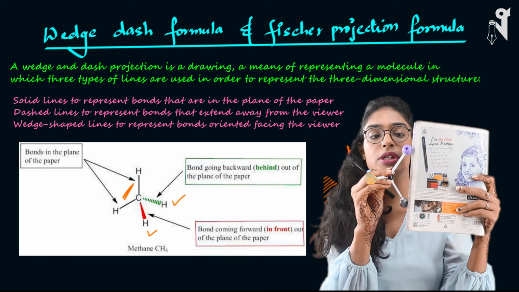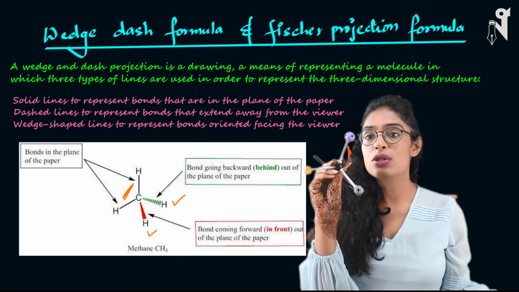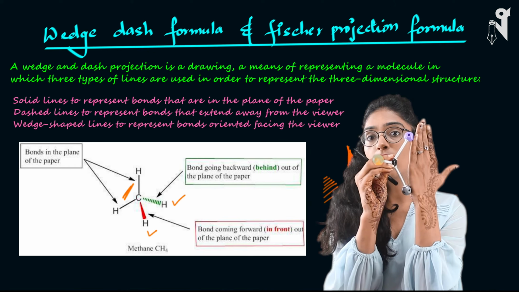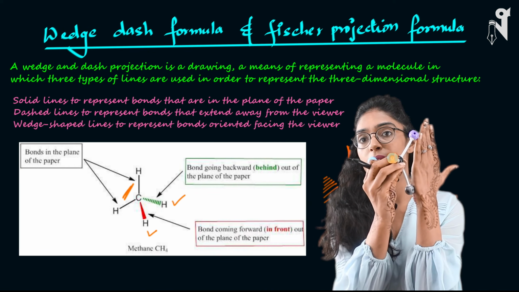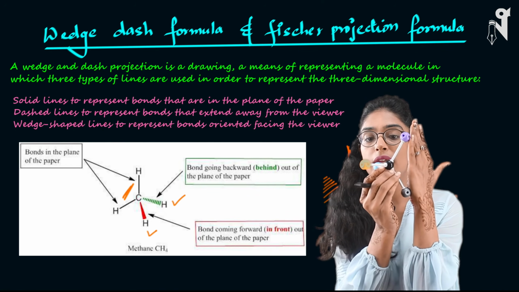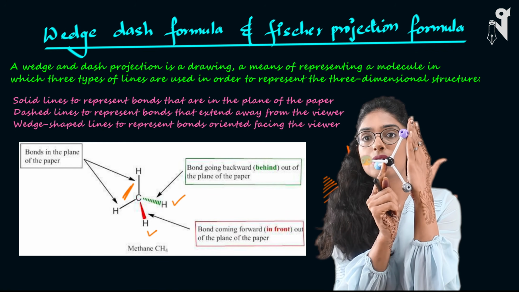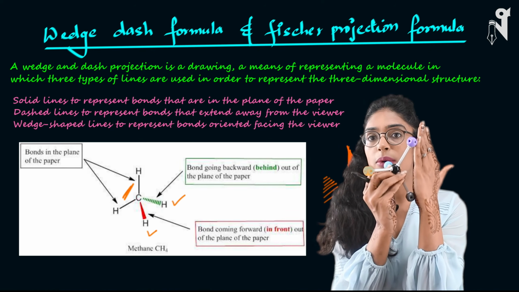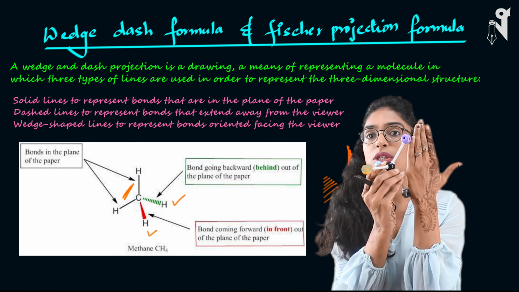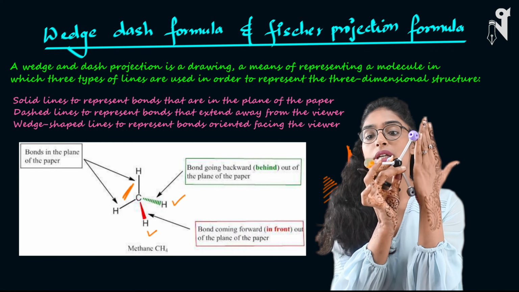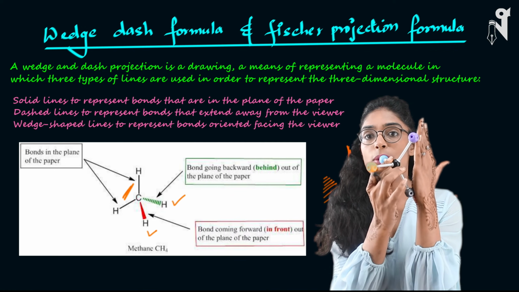So these are the four representations. These two balls are in one plane like this, then the yellow one is towards the viewer and the blue one is away from the viewer. Are you able to see this? And this is the center carbon. So that's exactly what we are talking about. This is how a 3D molecule is represented. Two bonds we keep in the same plane. One is towards the viewer, one is away from the viewer.